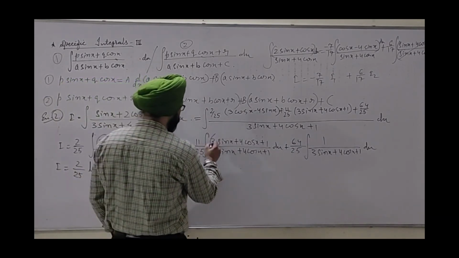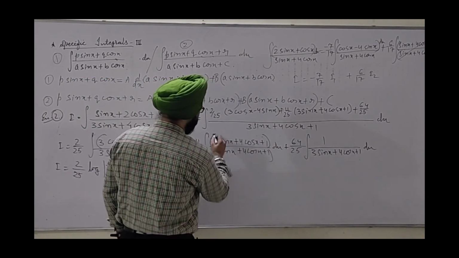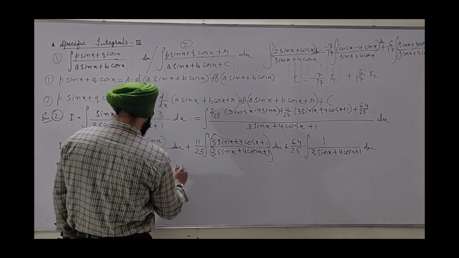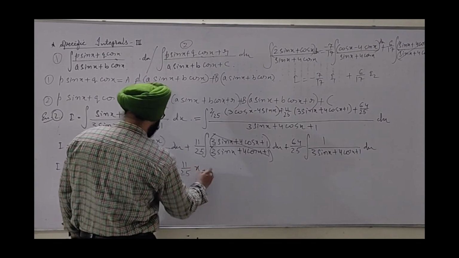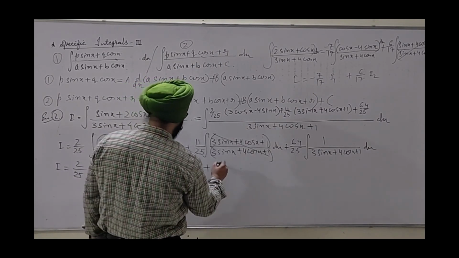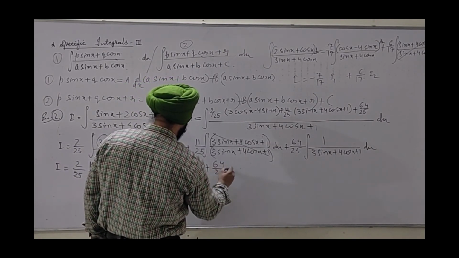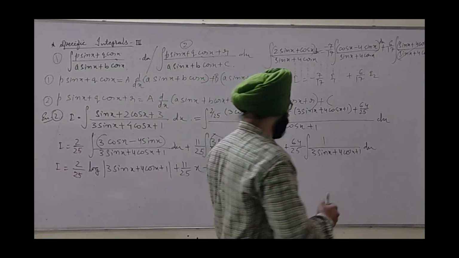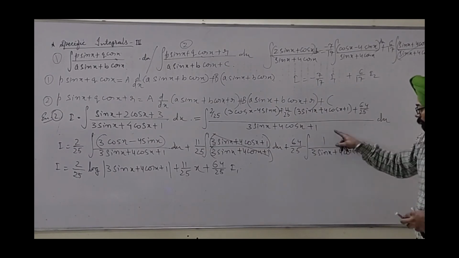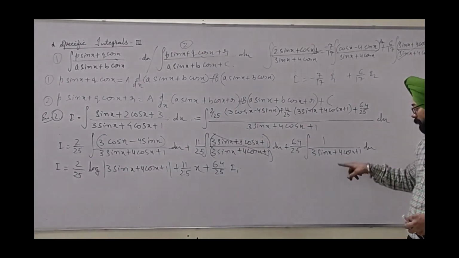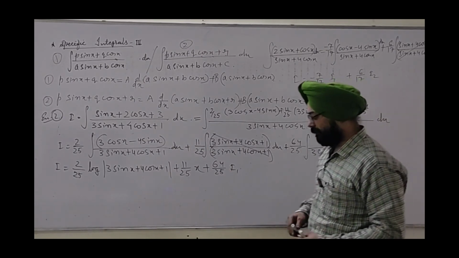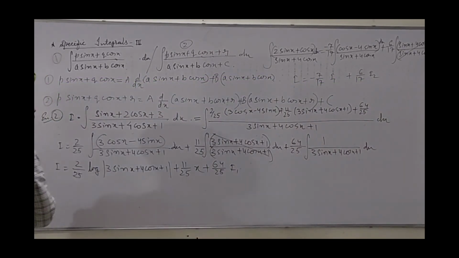Here also, as in the previous example you can see, they cancel out, so 1 dx will turn into 11 upon 25 x. Now we are left with I1, 64 by 25 I1. For that you must have knowledge of the pattern. Recently I explained that when sin and cos terms are given in 1 upon, they are replaced by the identities. So the same method I am going to apply. So let's start solving I1 from here.